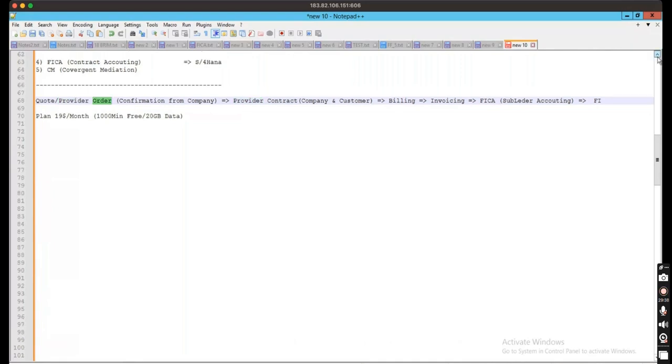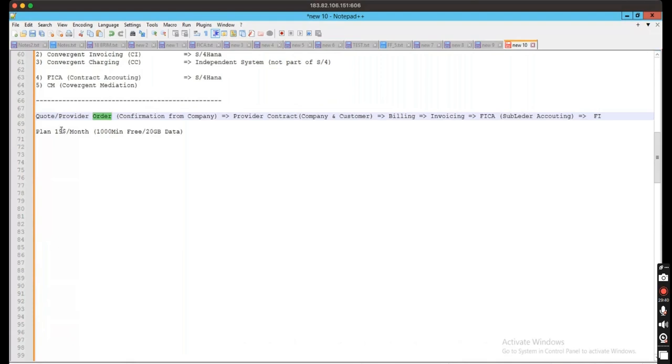We know the customer, and we know the product, and we know how much we are going to charge the customer every month, and also how much is offered. Okay, 10 GB or 20 GB and 1000 minutes are offered as part of the service. This entire billing and invoicing all throughout the cycle, we know the upfront details already, right? But how do you know